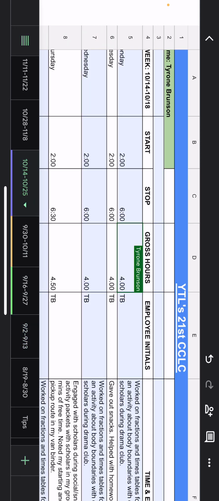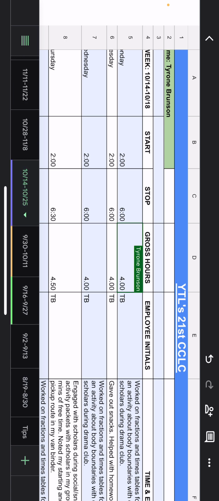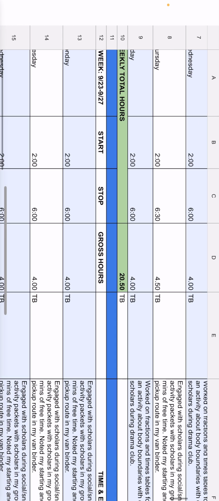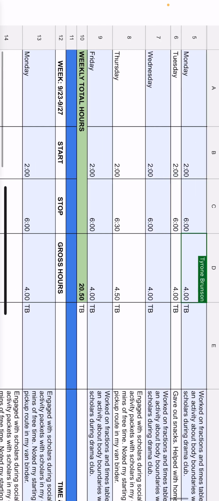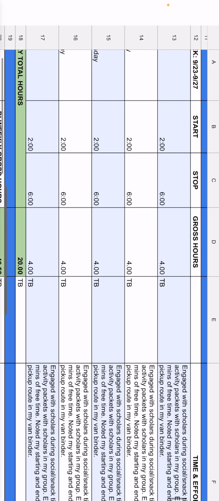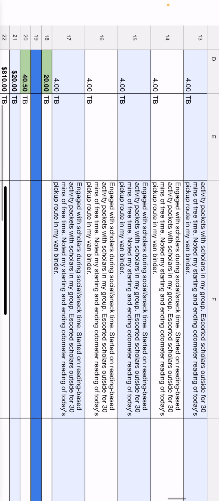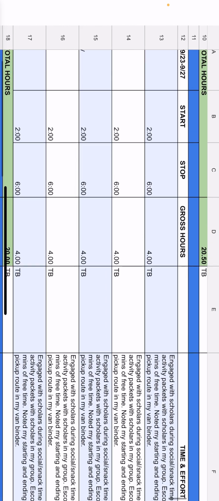So next would be bringing data from another tab or a separate file altogether into one central doc. As you see, I have all of the timesheets on here. But for example, this is the 1014 to 1025 sheet, but I actually have time and effort for this week, 923 to 927. So if I need to get that over, I would just copy and paste the exact cells